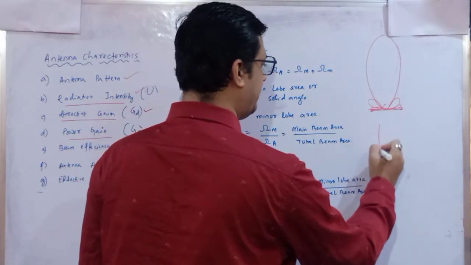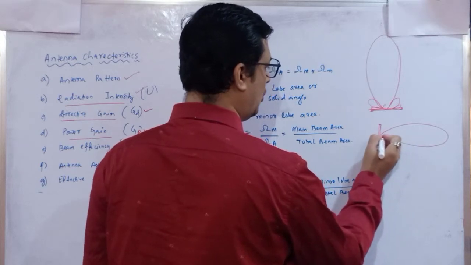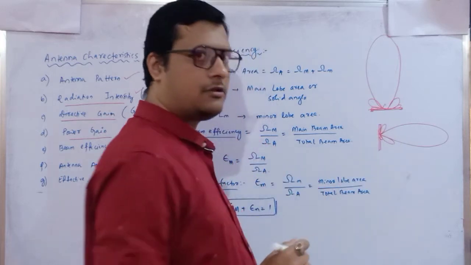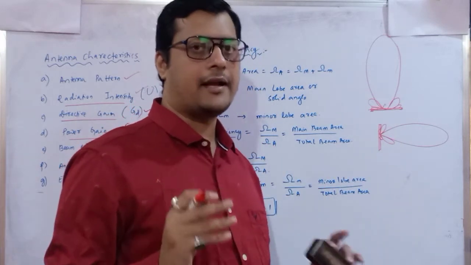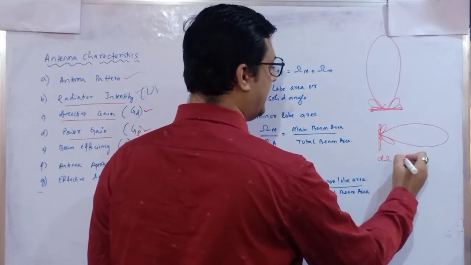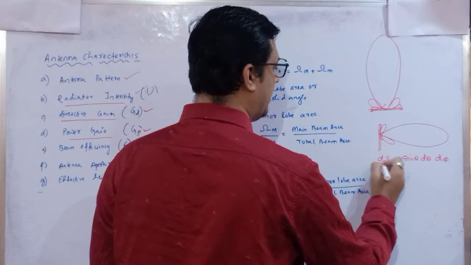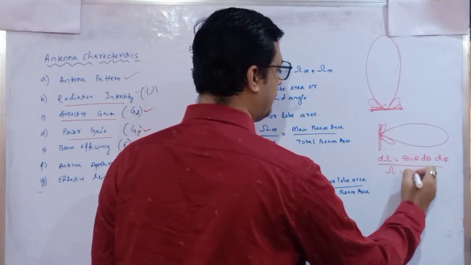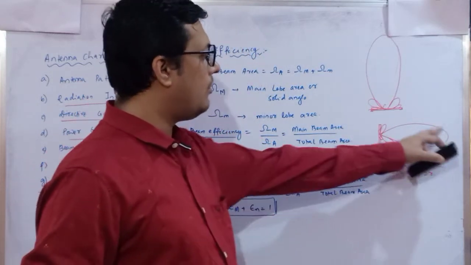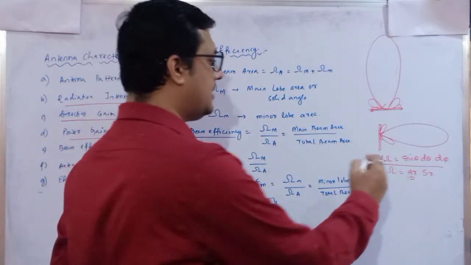If I draw this radiating element like this, let us consider this is the main lobe and these are the side lobes, the minor lobes. This main lobe is identified by a solid angle. So what is the maximum solid angle? We have identified d omega is equal to sine theta d theta d phi. If we solve this, our maximum solid angle will be 4 pi steradian. So this much is the maximum value. This whole area is called a solid angle, projected in a certain direction.